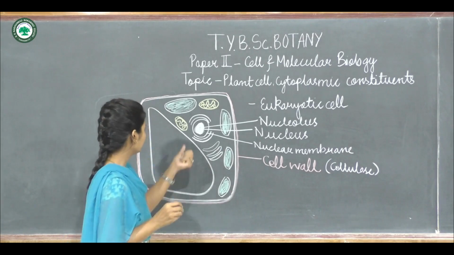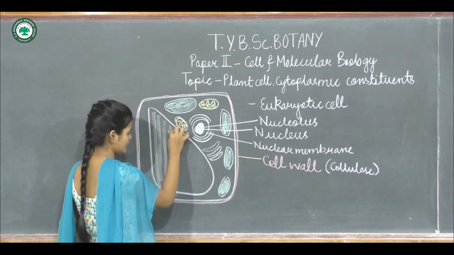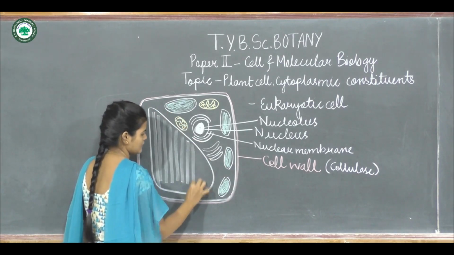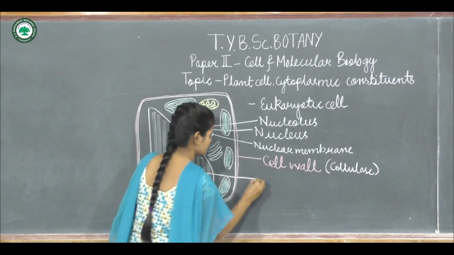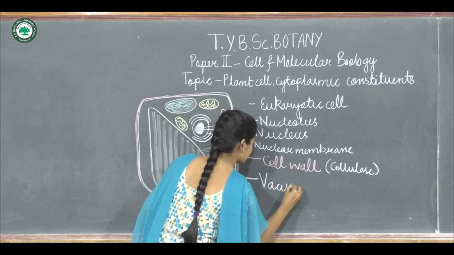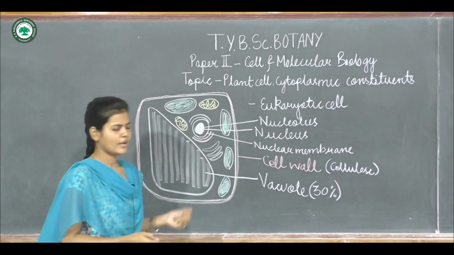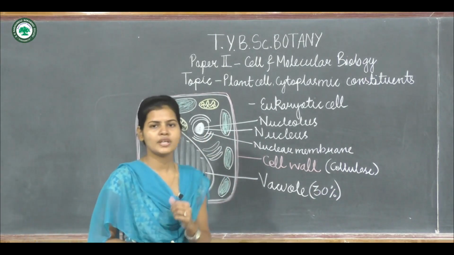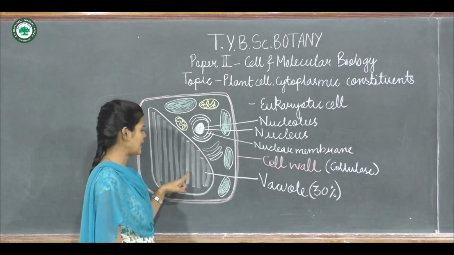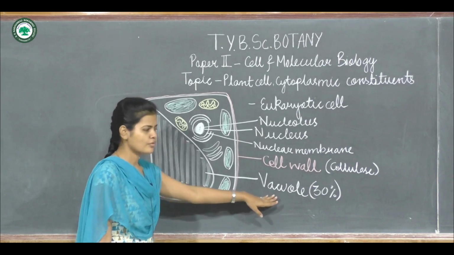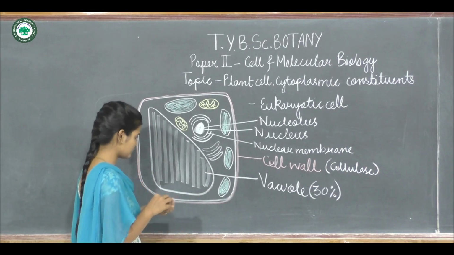Next to that, most of the area in the plant cell is covered by a large organelle, that is vacuole. So in plant cell, most of the area of the cytoplasm is covered by a large organelle which is called a vacuole. So 30% of the area is covered by the vacuole. Now next,